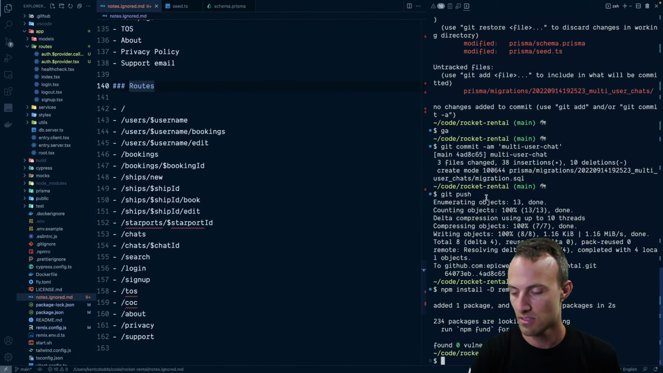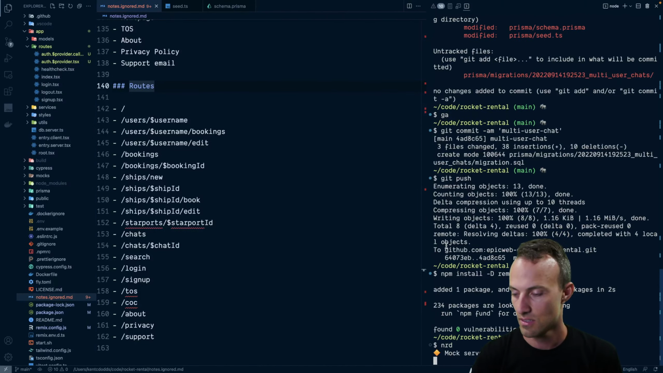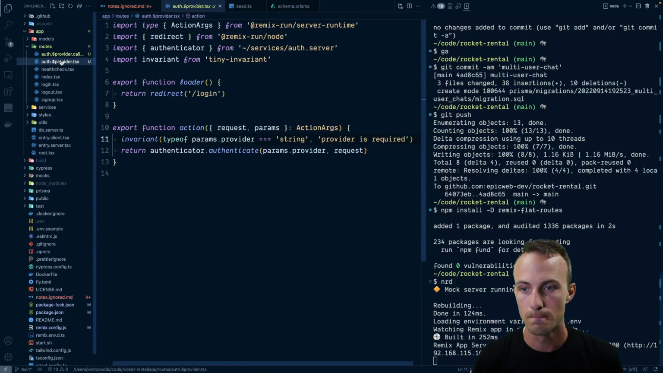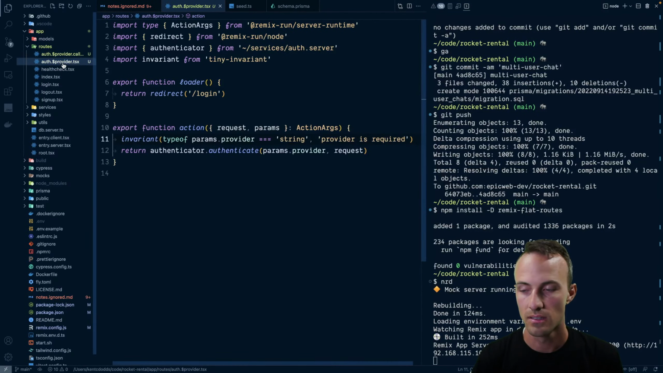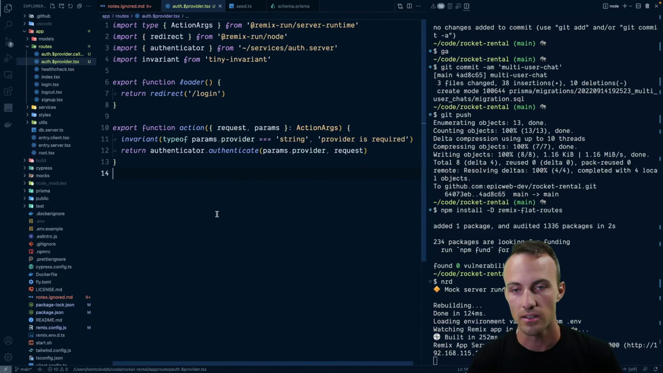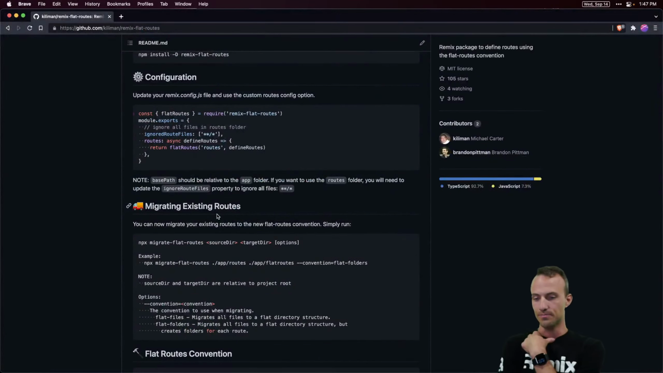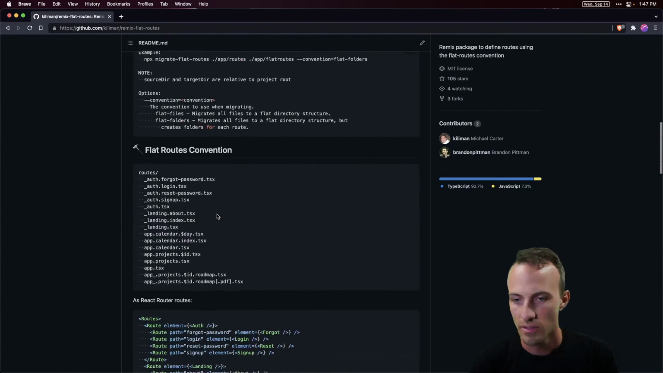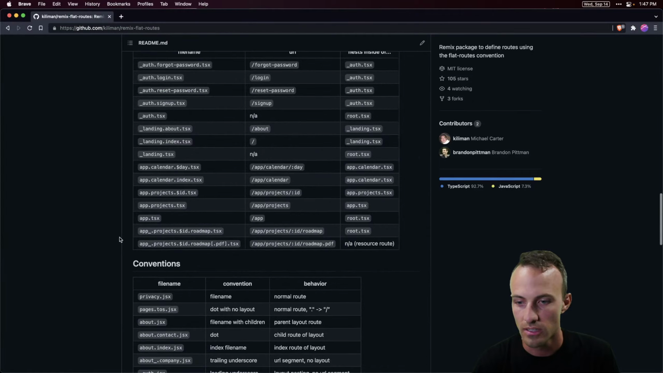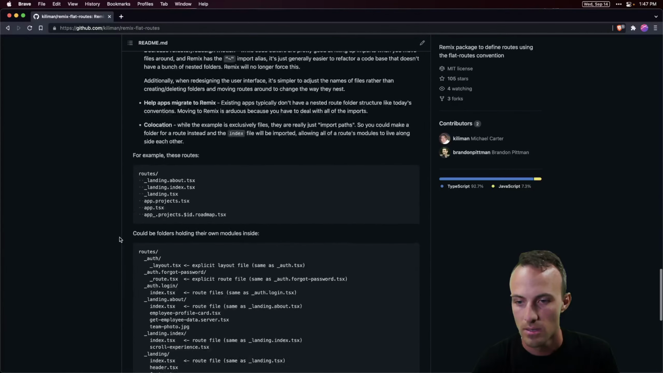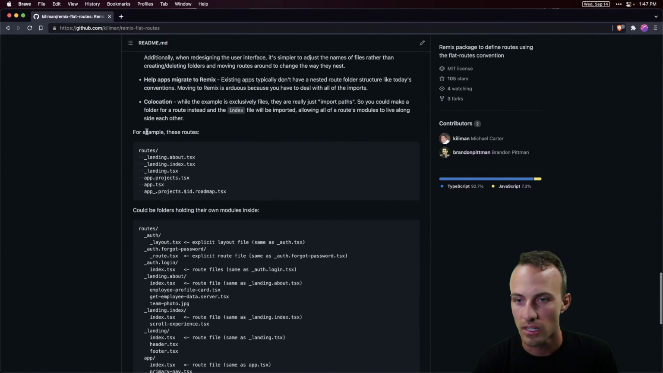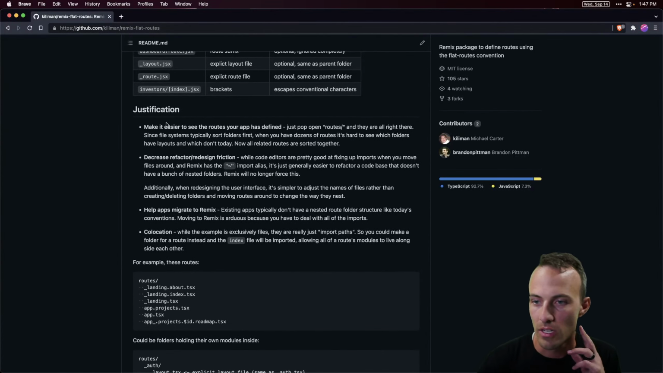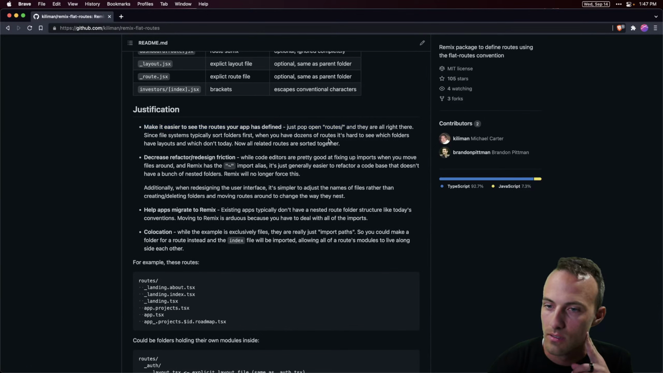Okay, so now, yeah, this is just auth stuff. So we don't have anything actually there yet. Let me read a little bit more about the convention here. Could be folders holding their own modules inside. Okay, here, let's take a look. Make it easier for the routes to